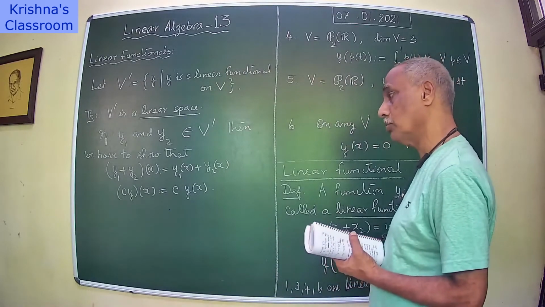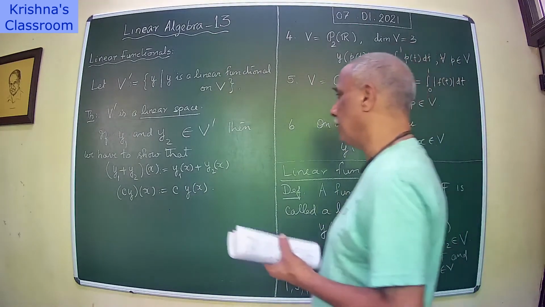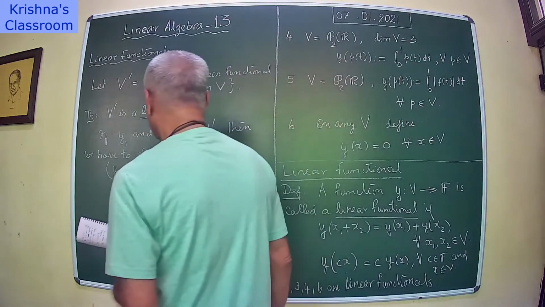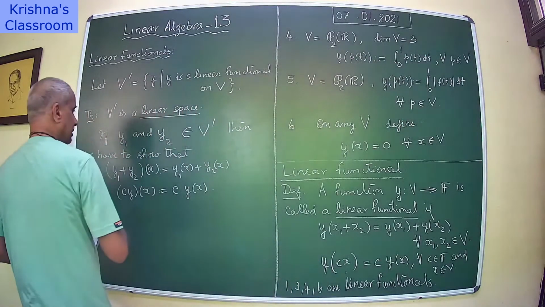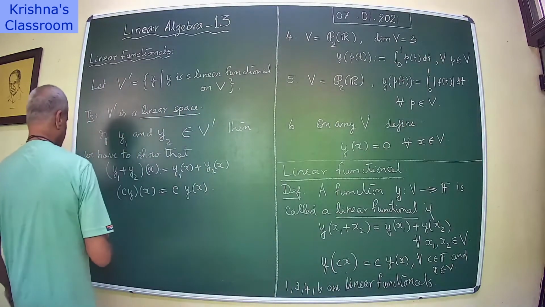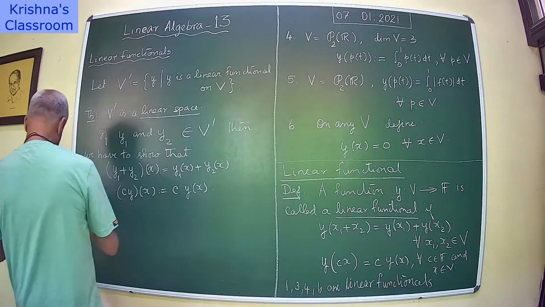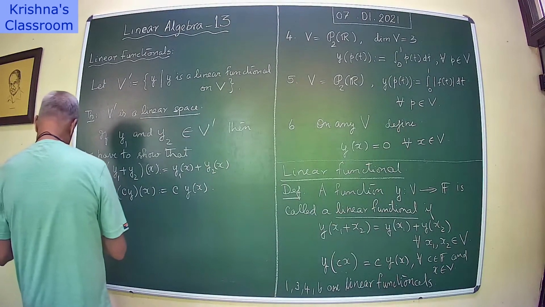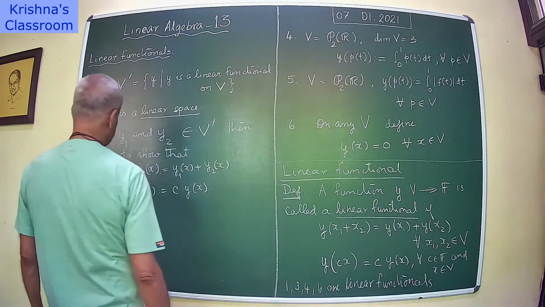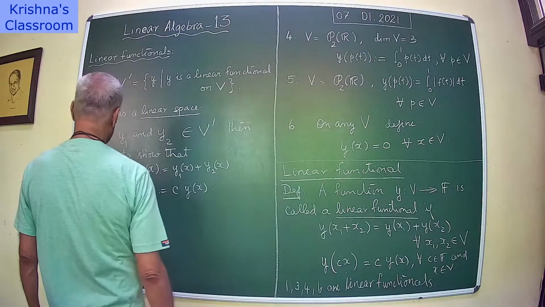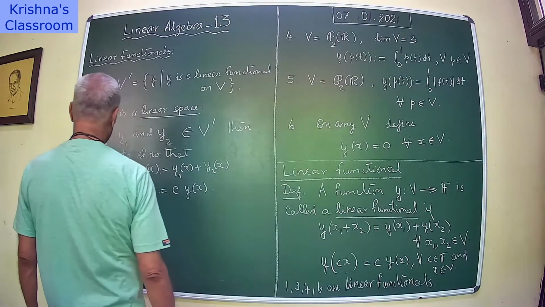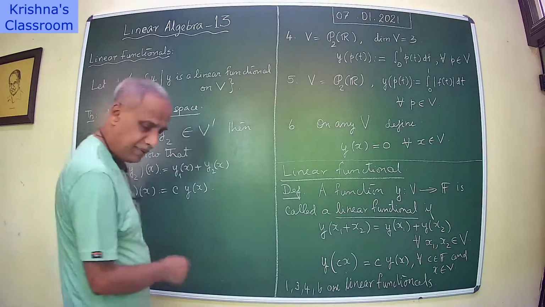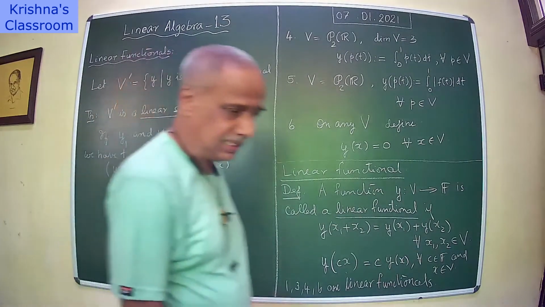We want to show that if y1 and y2 belong to V prime, then